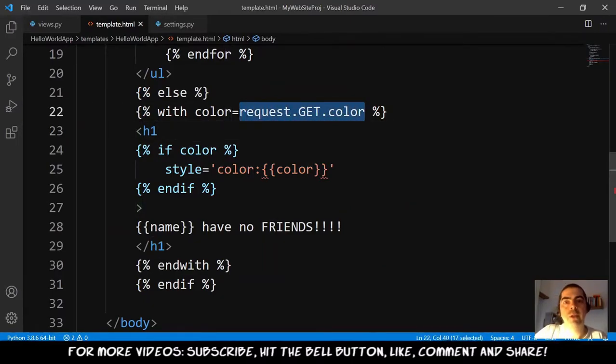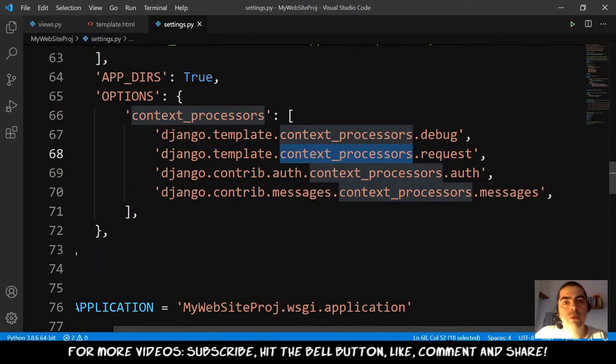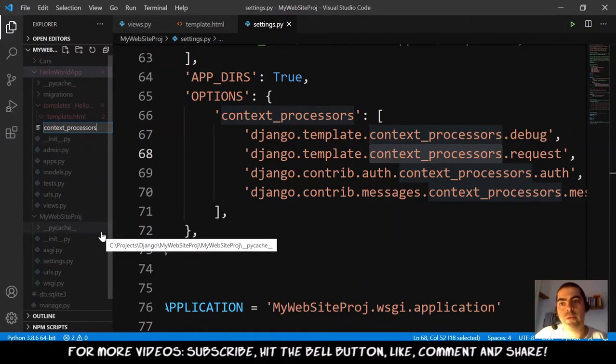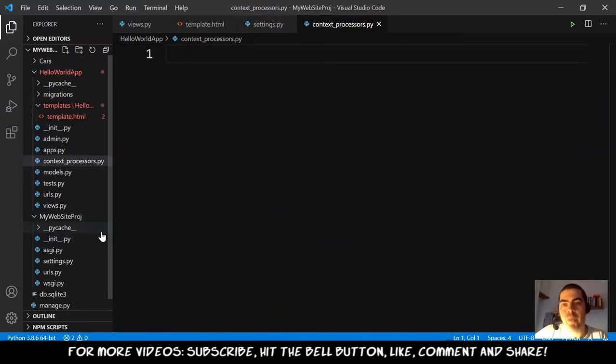Okay, we have meaning. Let's create our own context processor. How to do that? Well, we need to create a file that is called context processors in our application. We go here to our application, and let me create a file that is called context_processors.py. And here what we do, we define